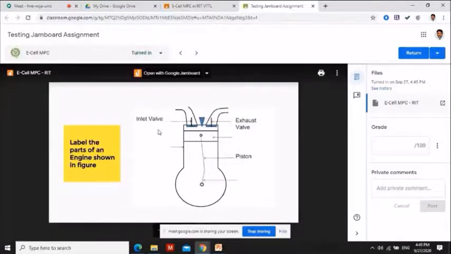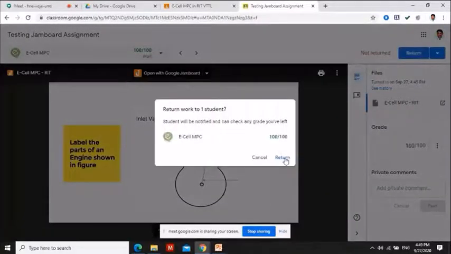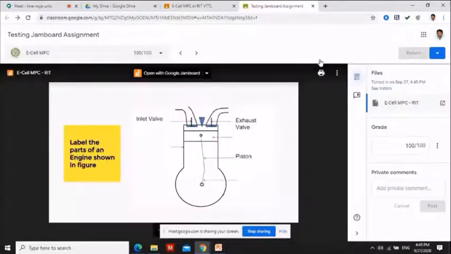Okay, so these are the answers marked by me. So I can put marks accordingly. I'm just putting 100 out of 10 and returning it to the students. So this is how Jamboard can be integrated with your Google Classroom.